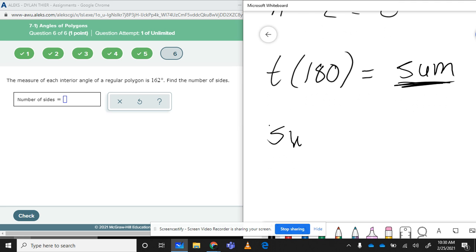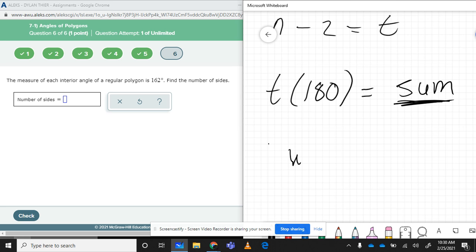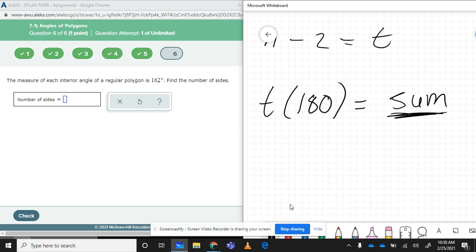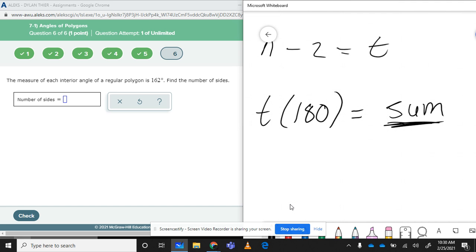Sorry, my computer's being a bit slow here. Okay, so our number of sides minus 2 is the number of triangles we can form. Each triangle has 180 degrees, so that tells us the entire sum of the angles. If we take that sum and divide it by the number of sides, that number from the beginning,